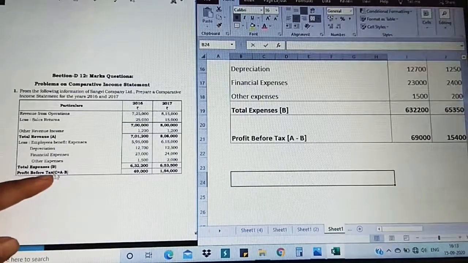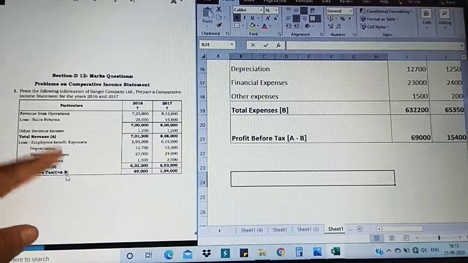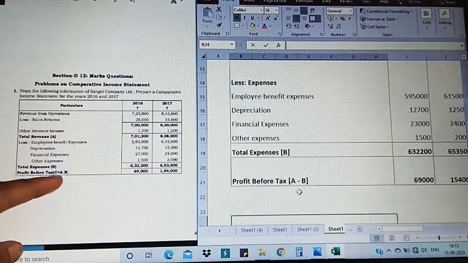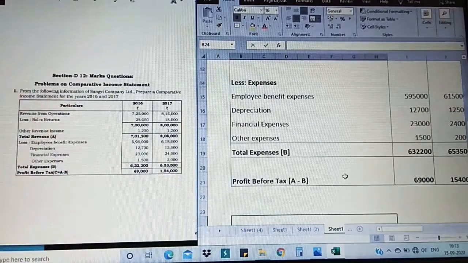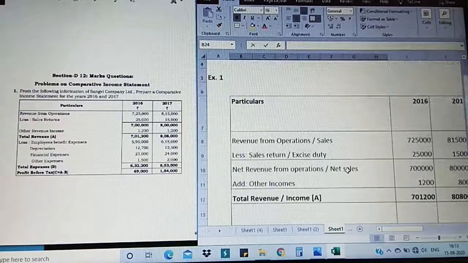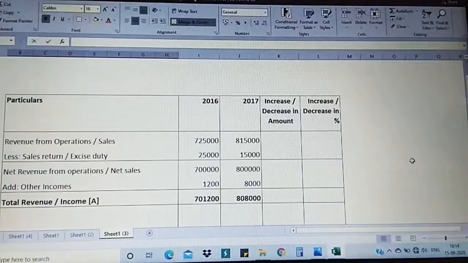See, in the question it's quite different. Let us not consider how actually it is given. We're just going to take up what actually we are supposed to do as per the format that we follow. Okay, now we have done this step. Moving on to the next. We need not require the question anymore. Let us go for the calculation.